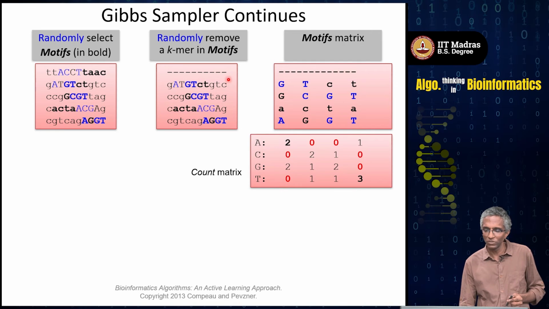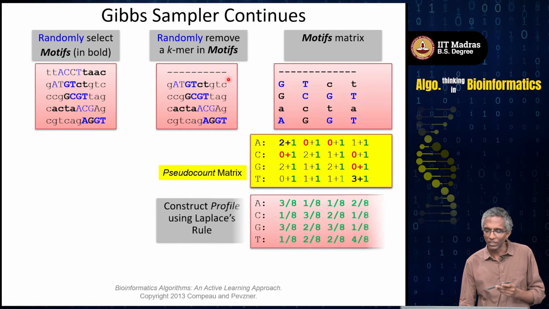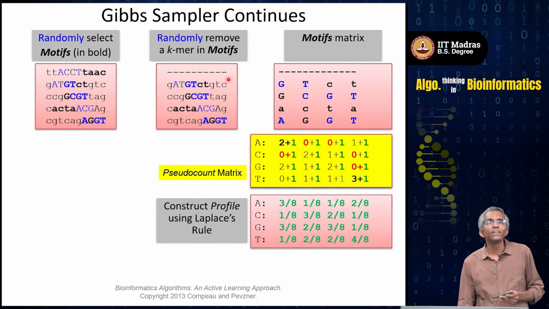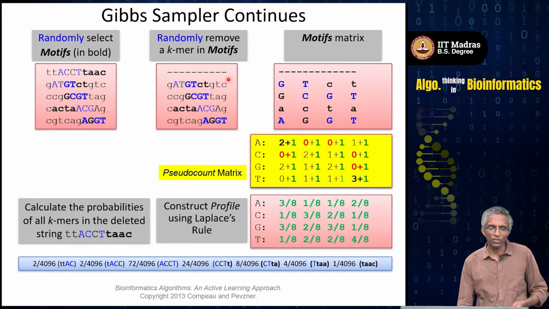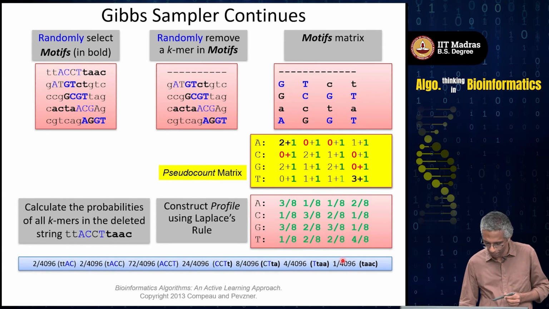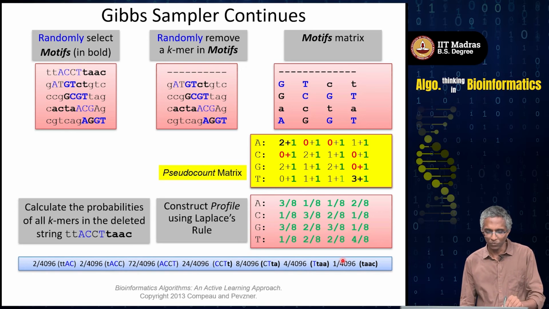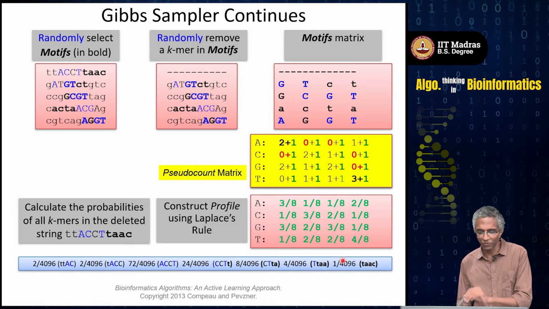You compute your counts matrix, but you make sure that you add 1 pseudo count, so that there are not too many zeros. Then you normalize that, right, and then you calculate your probabilities in the first string that has been deleted, for all the k-mers in the first string. Okay. Now, you have 2 in 4096, 2 in 4096, 72 in 4096 and so on. Okay. Then again, using this, you roll a 7-sided die with all the faces coming up as these different k-mers according to these different probabilities,